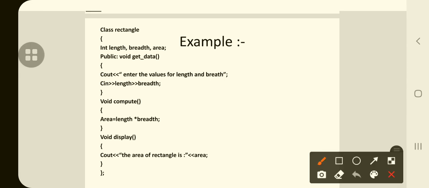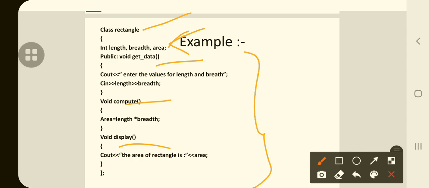For example, assume you have a class Rectangle. It has data members length, breadth and area, and member functions void getdata, compute and display. These are the three member functions in the class Rectangle.